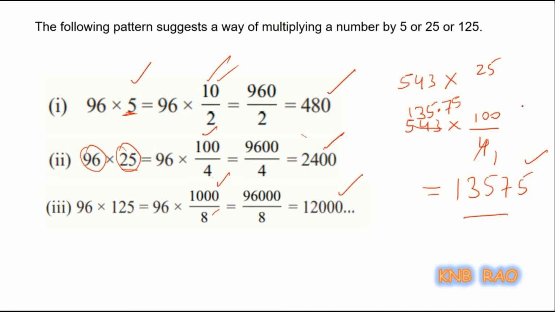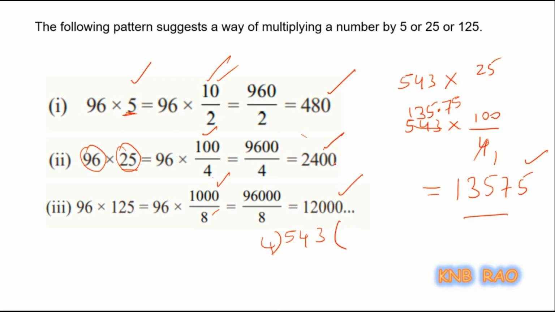So here, rather than multiplying much, I did calculation of division. See, when you are strong in doing division of 543 by 4, it won't be that much difficult. At least we can use it when these are even numbers and cancelling by those 8 or 4 or 2. So only here we are converting one sort of a multiplication into division type. If there is a possibility of cancellation, you will get the answer very quickly.